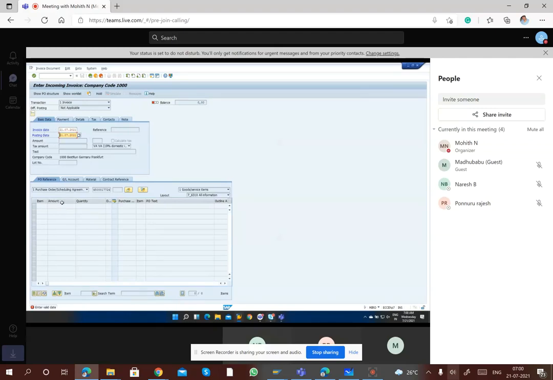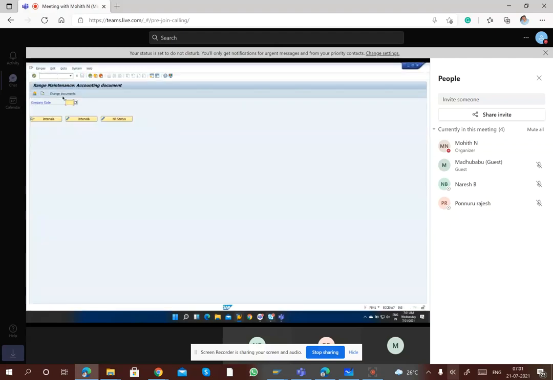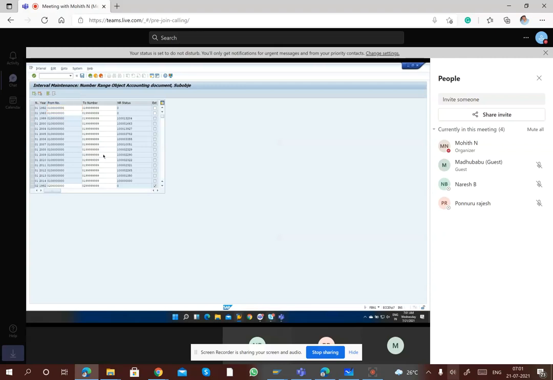Now if I press enter, it shows an error: in company code 1000, number 51 is missing. I will do this PN1. As these are still introduction classes, I'm not taking you into the details of these errors.